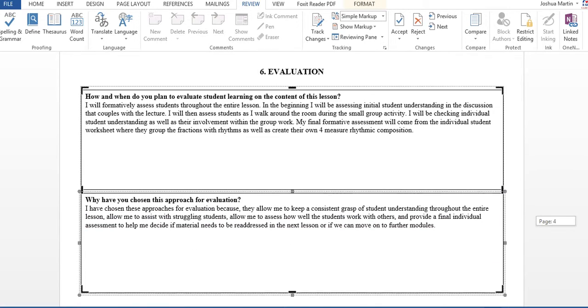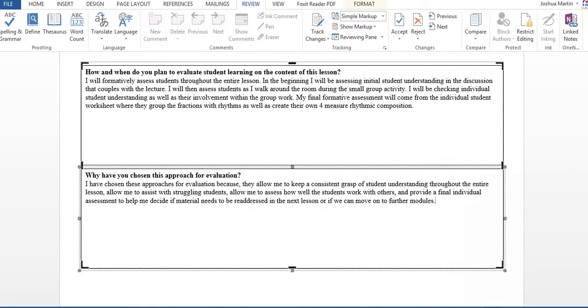All right, section 6, the evaluation. How and when do I plan to evaluate the students during the content of this lesson? I'm going to be formally assessing these students throughout the entire lesson. In the beginning, I'll get to assess them initially